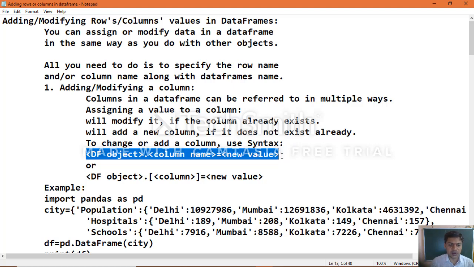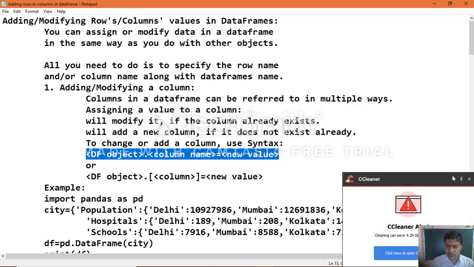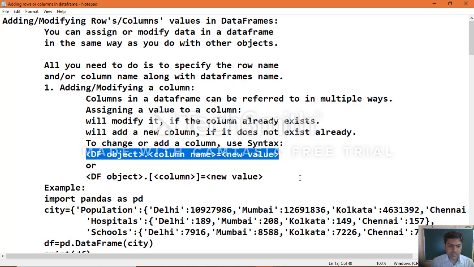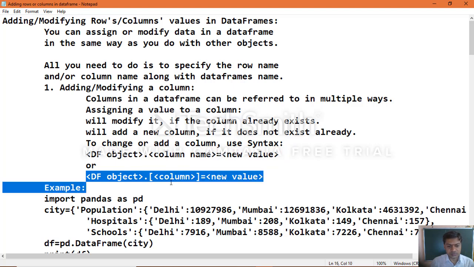Another representation of the syntax, data frame object with the column name in square brackets equal to new value, also works. So these are the two different ways of syntax to add or modify a column.